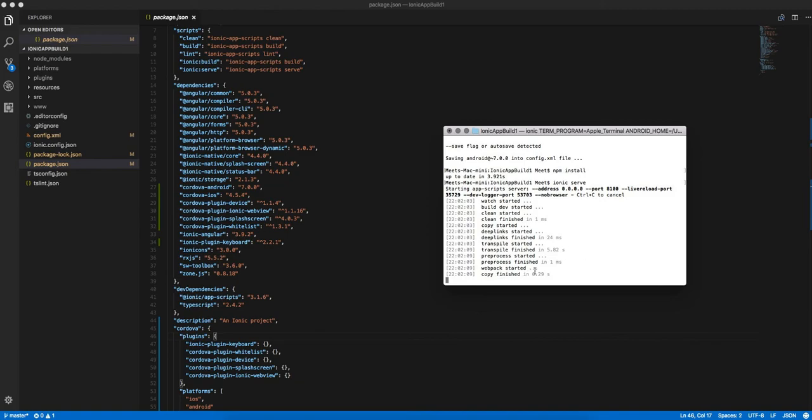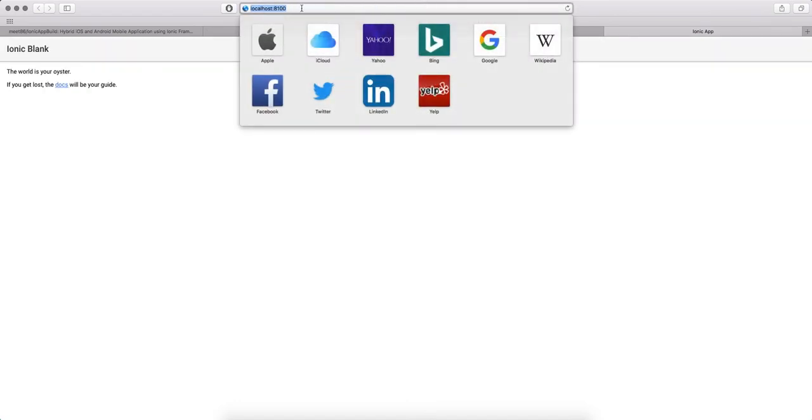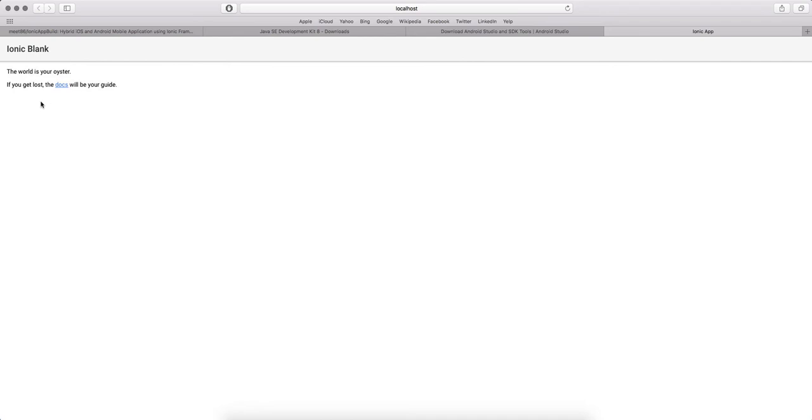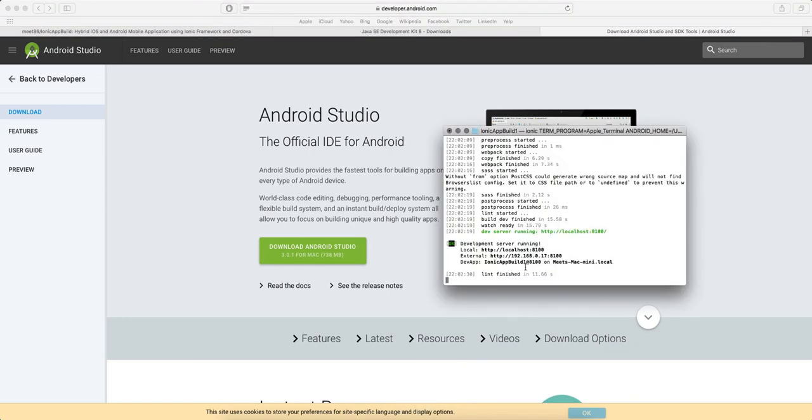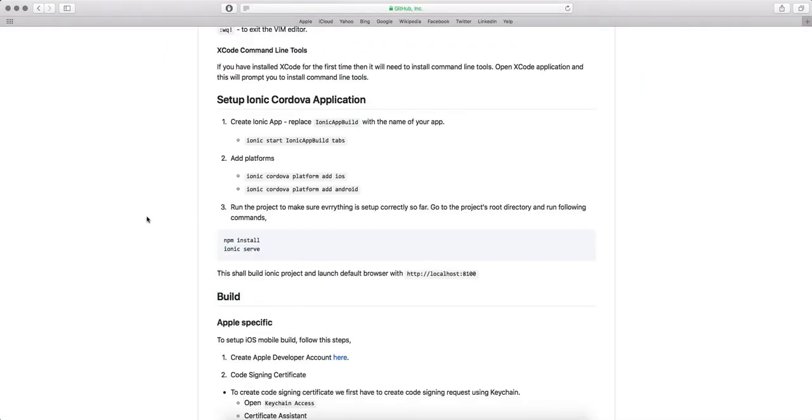That will confirm that our project is set up properly, and you can just go from there and start building the new pages. You can see it started on localhost 8100, and this is our very first blank default page. So far so good. I want to terminate ionic serve